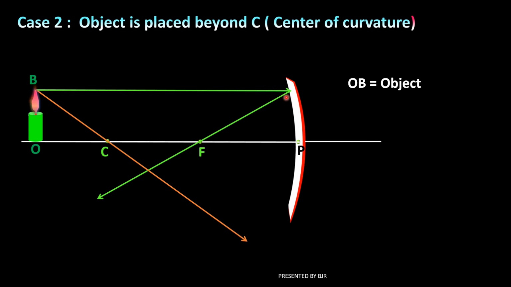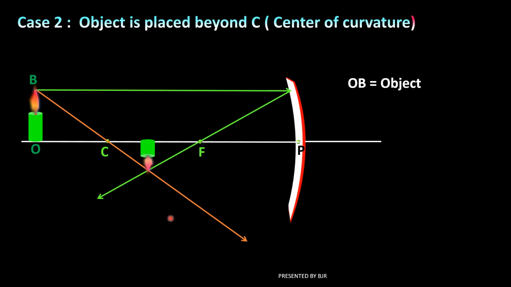Here is the first reflected ray, and here is the second reflected ray. These 2 reflected rays are crossing at this point, that is, they are intersecting at this point. That means we have to draw a normal like this. That means the image will be formed here. You can see the image here. This is ray 2. So a small image has been formed. You can observe the image here.